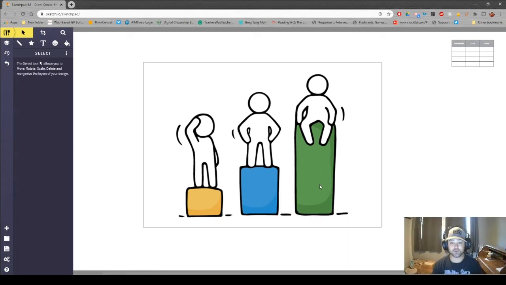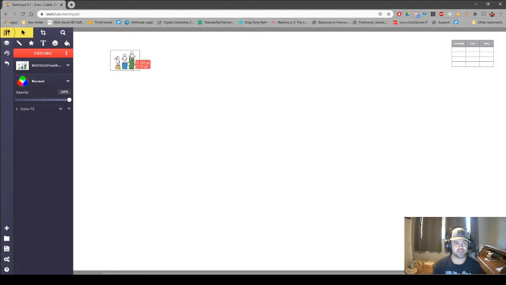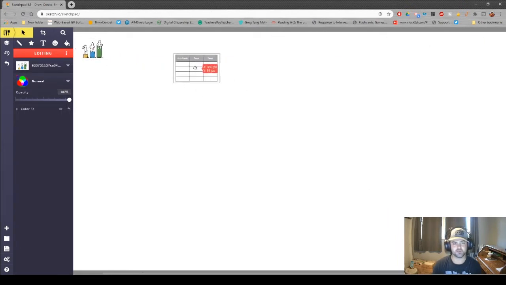So like me, you guys may have said that this guy over here on the green one is the highest, right? And then this guy over here on this yellowish orange one, he is the lowest, and this guy standing on the blue one in the middle is just that. He's right in the middle of these two. But this one is the highest, this one is the lowest, and this one is in the middle. So we're going to use that knowledge today, though, and I'm going to put that over here to compare some